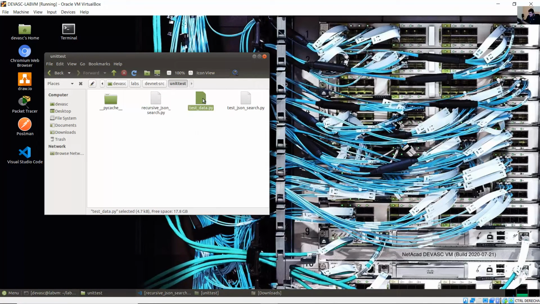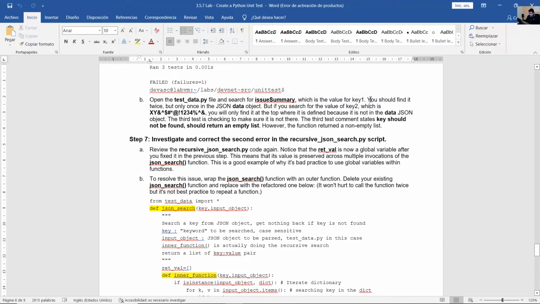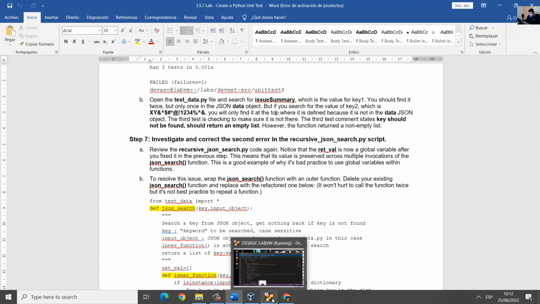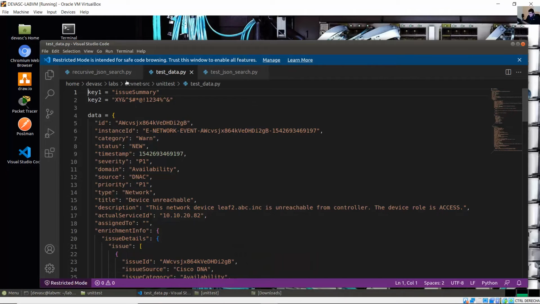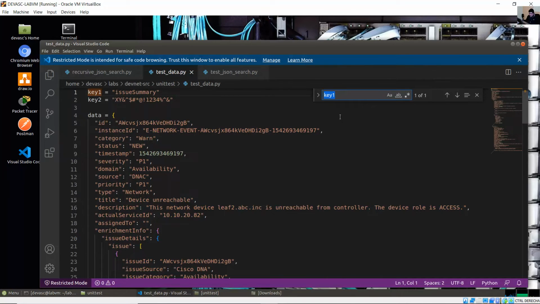Okay, open this file, test data, with VS Code. Very good. You should find it twice, but only once in the JSON data object. Find key number 1. Okay, key number 1 is issue summary,